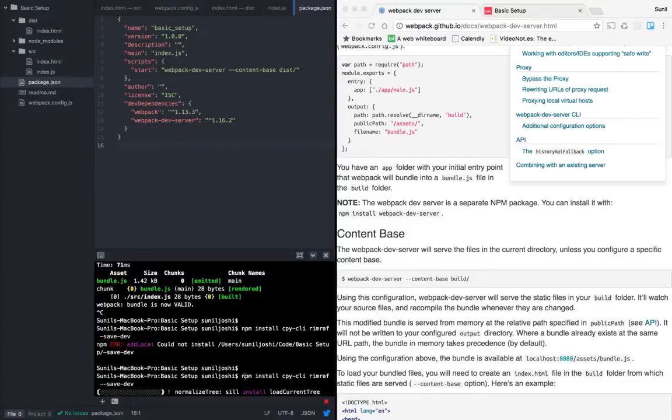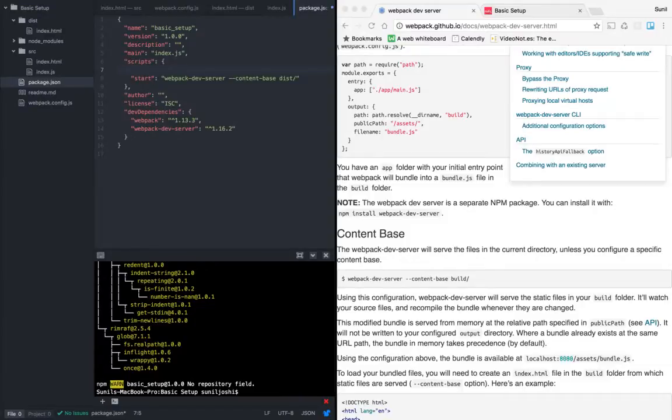The cpy is going to copy the index into the dist, or rather copy any file. It is basically used for copying. I can use the Linux command for this, but if I use those, it might not work on a Windows machine. So these are platform-agnostic commands, which you can use on your Windows machine as well. The same goes for rimraf. Rimraf is going to clear the dist folder for us. I can obviously clear it with the Linux command, but it will not work on Windows.